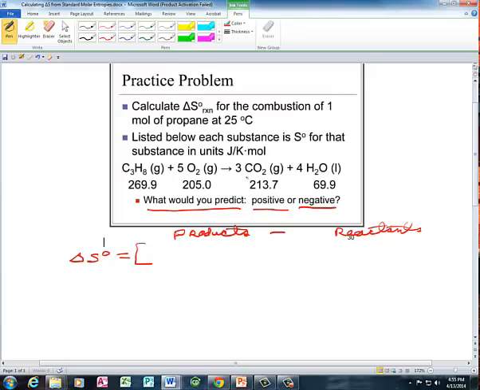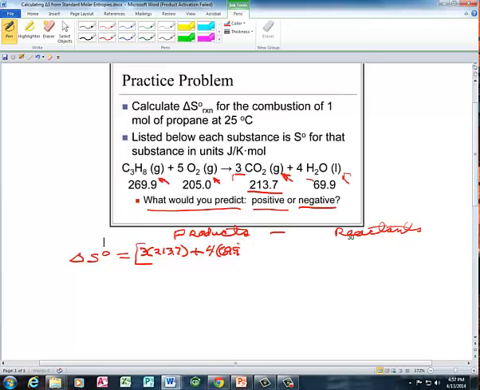So if I'm looking at my first product, it's carbon dioxide, but there are 3 of them. And remember, the standard molar entropy is in joules per mole Kelvin. So it's 213.7 joules per 1 mole. So I need to go ahead and multiply my 213.7 by 3 plus 4 moles of my other product, water, in the liquid phase. And by the way, make sure that when you look these values up, that you pay attention to what the phases are. If you miss the phase, different phases have different standard molar entropies. So this is liquid water, and so that's going to be 4 times